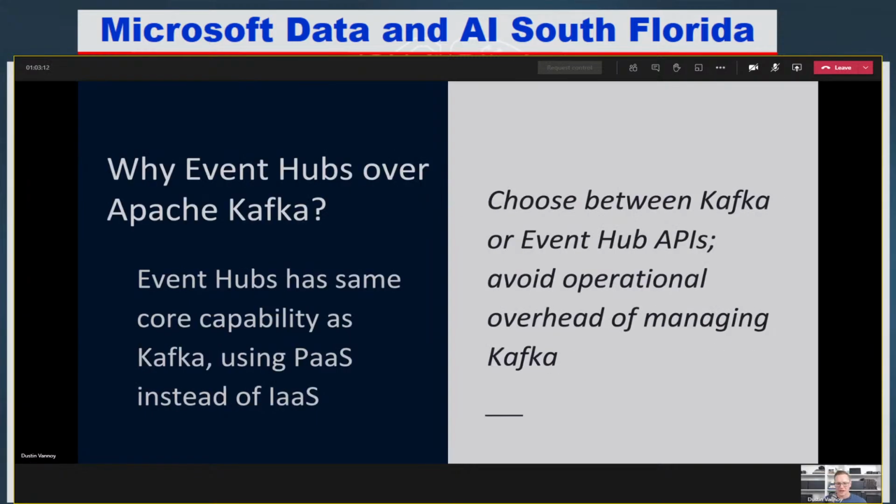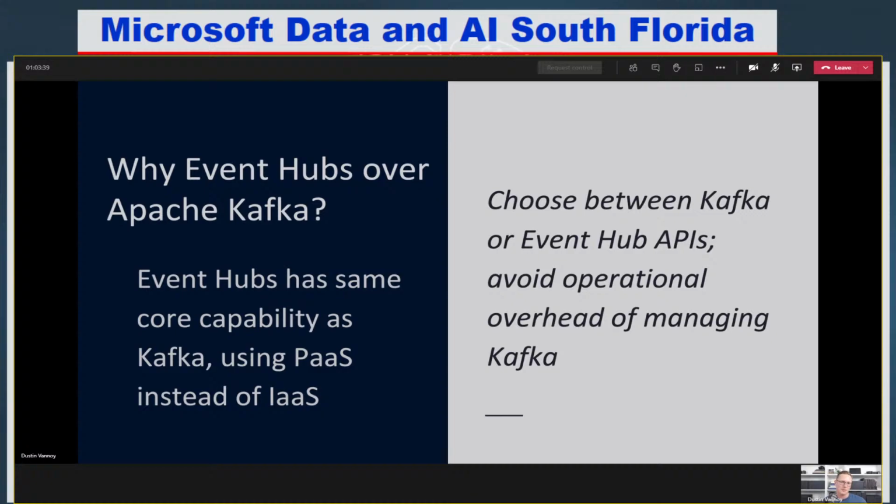Now, why would we use Event Hubs over Apache Kafka? Let me just real quick call out, for those that aren't familiar with Apache Kafka, that it is often talked about as a distributed log, but it's a big message broker too. You could use it that way. And Apache Kafka is the open source platform that came out of LinkedIn and is super popular among data engineers like me for doing streaming, for doing this capability that I'm telling you Azure Event Hubs can do.